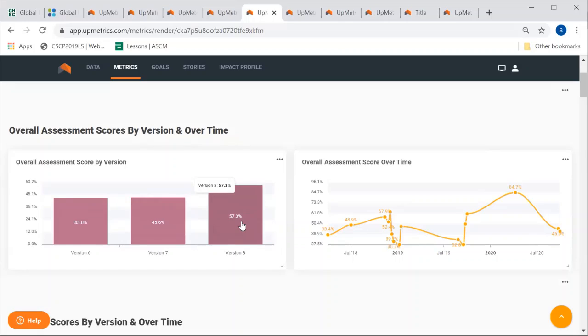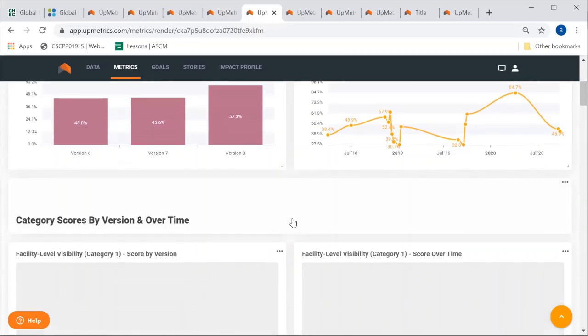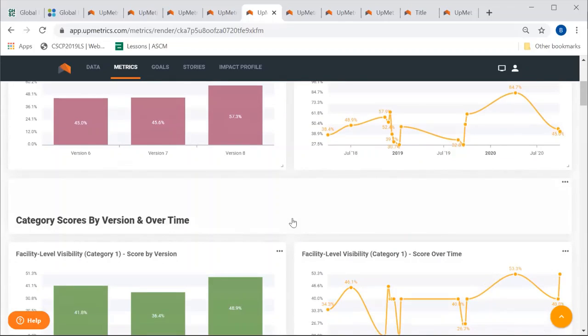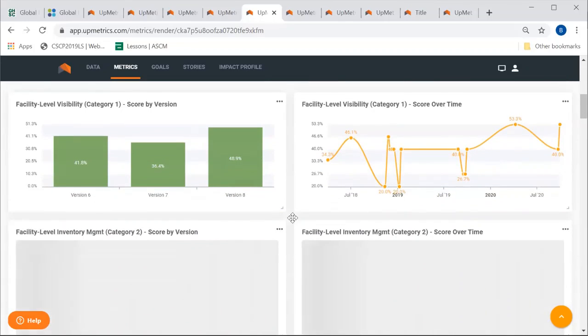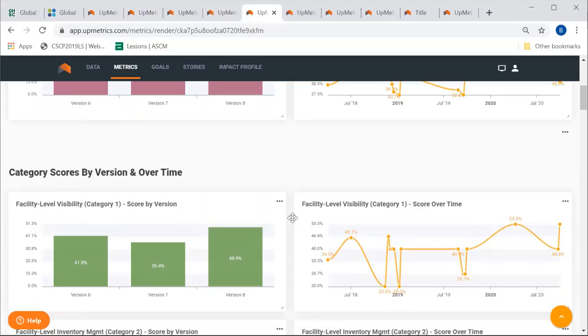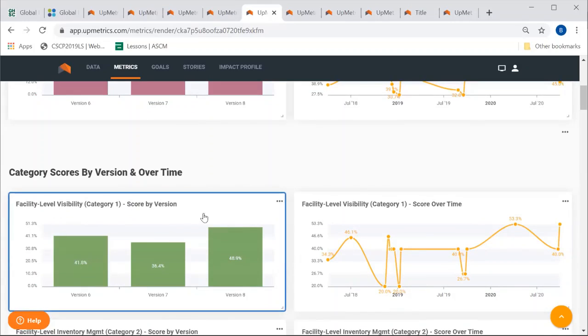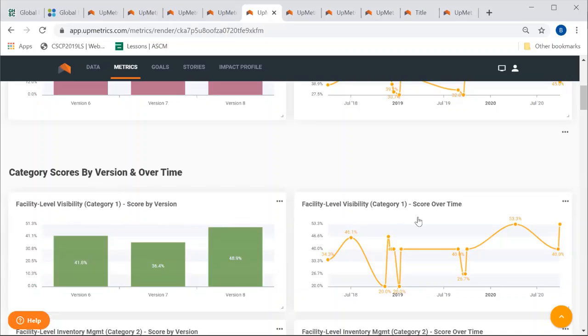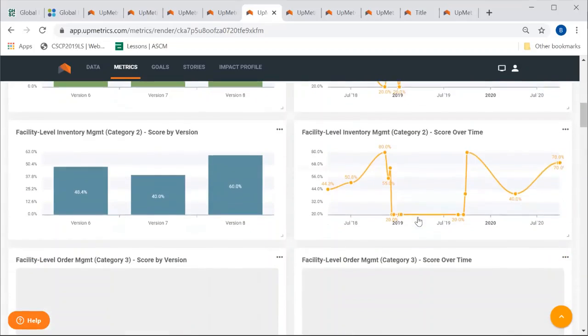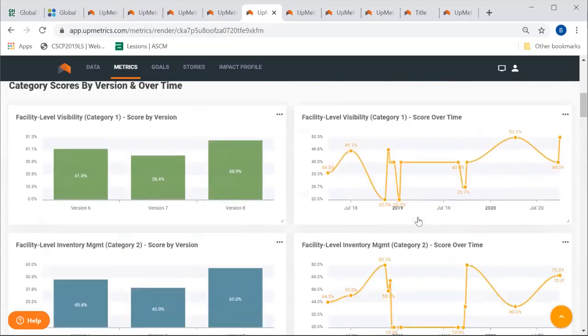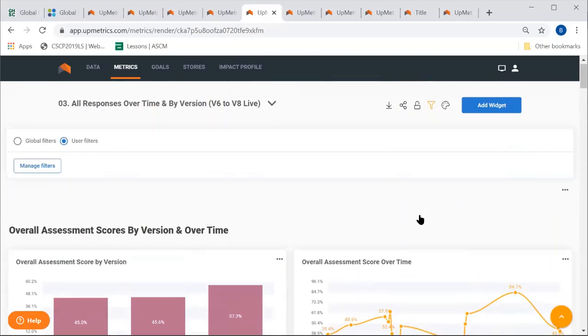Now, this is because there are also a few changes in the questions that were provided. Some of them were modified, so it's able to give those different answers. And then you can pair and query your assessments by category over time and by version. So you can query visibility level by version, query visibility level over time. So depending on what queries you want, all the answers are provided in the tool. All you need to use is the filter button.